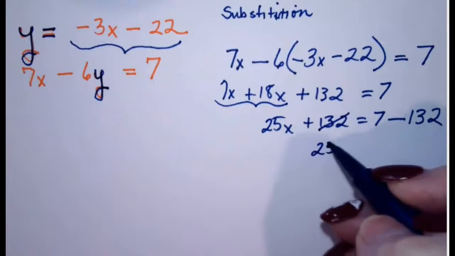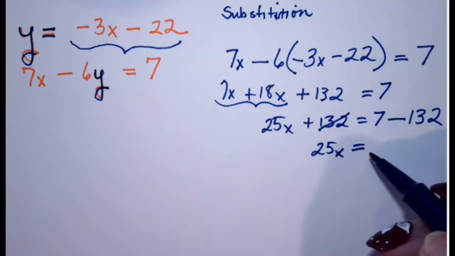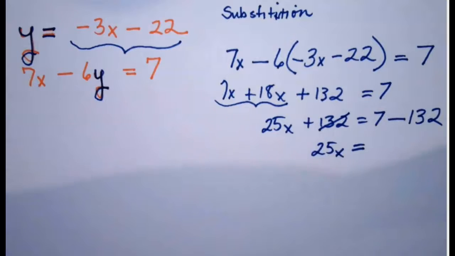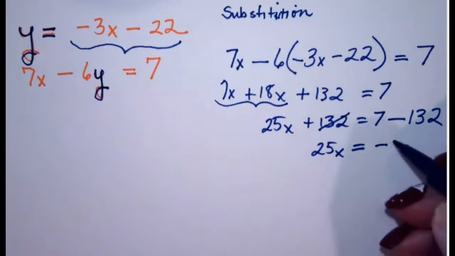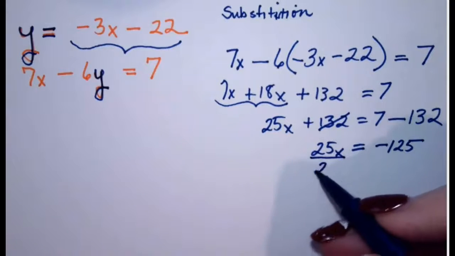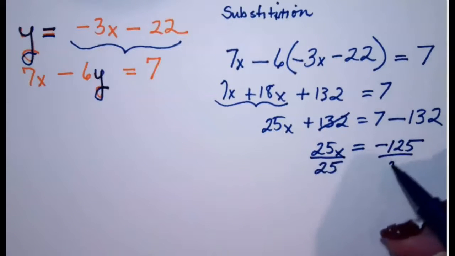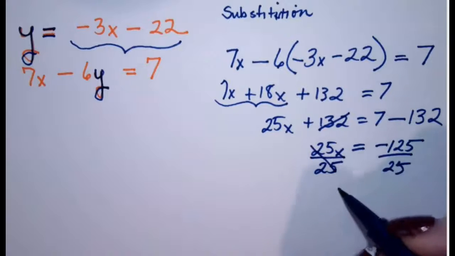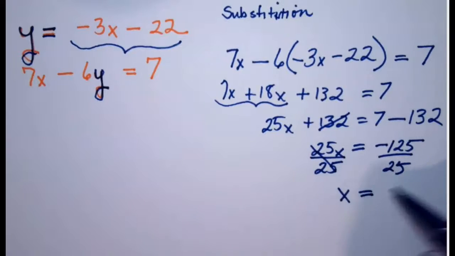I have 25x is equal to, I don't want to make a mistake, so I'll go ahead and pick it up. Negative 125. And then the last step, divide both sides by 25. So x is equal to, what's that, 5,